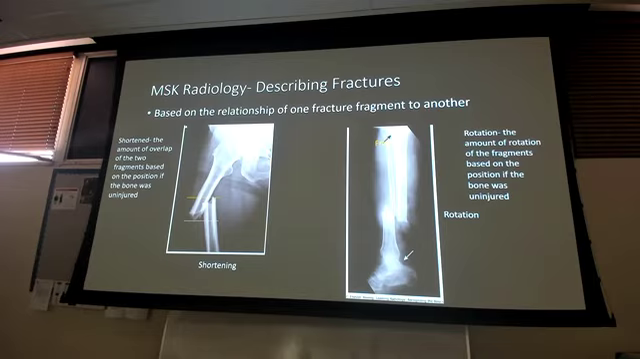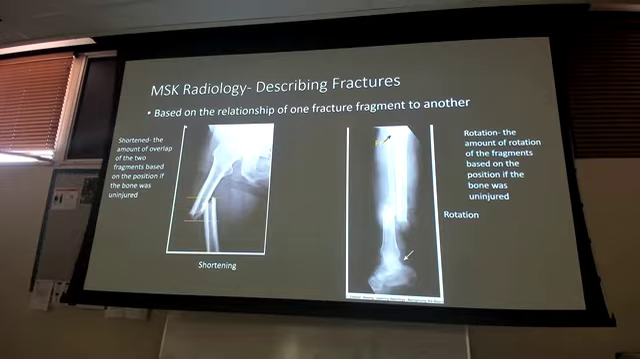Okay, another one, shortening. Are the bones overlapping one another? Now, this is more often than not what's going to happen in some of these major bones, right? Because we have muscles that connect to the bone via the tendons, and that's what keeps them apart. When they fracture, they shorten. Now, you could do one of two things here. You could say shortened,